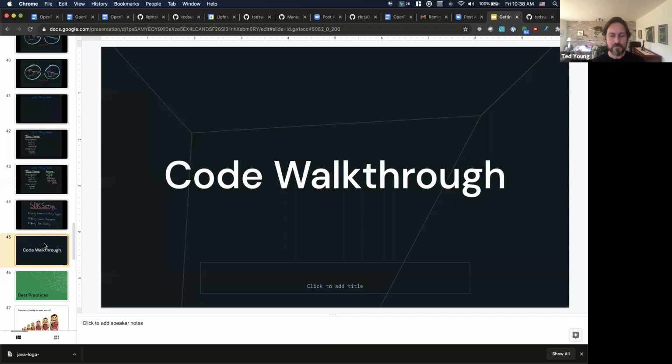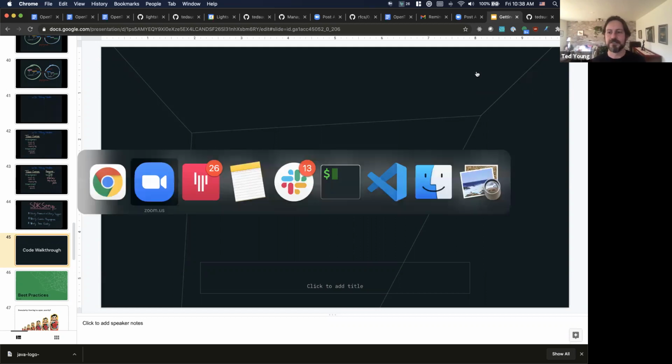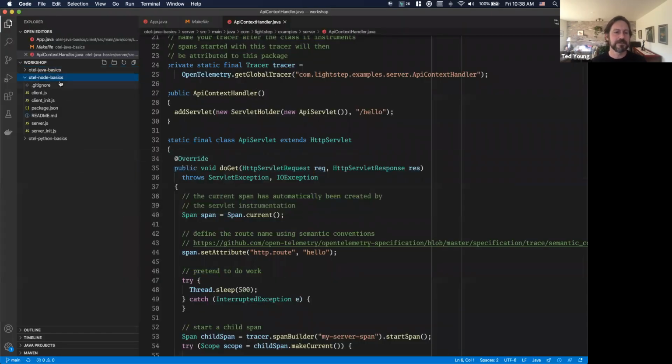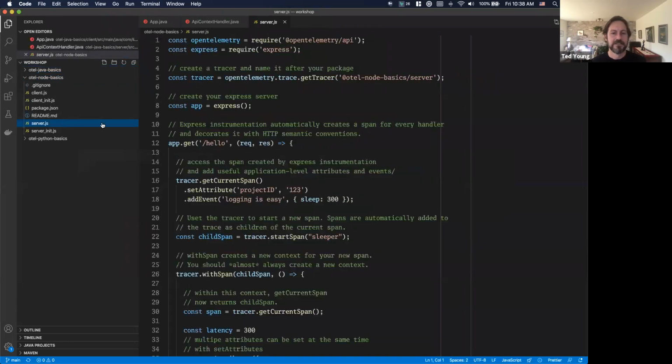At this point, I'm going to switch over to just looking at some code. I did see a request for Go. Fortunately, my Go code's a little out of date, but the Go code's pretty obvious compared to Node and everything else. So let's have a look at some Node code. So if I go here into OTel Node Basics, you can see it's fairly well, perhaps voluminously commented code, but that's just to make it all super easy to copy paste out of. But here we're just looking at a basic Express server